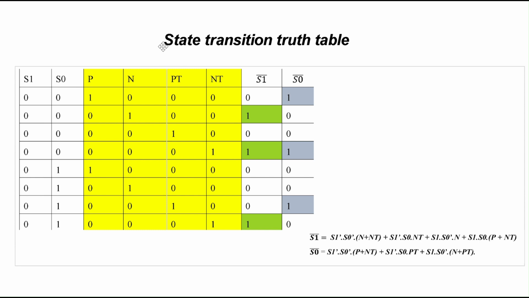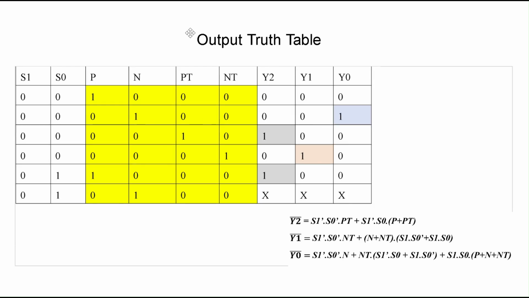So here is the state transition truth table of my machine. And here are the first few rows of the truth table. The total rows of my truth table is 16, and here is the expression that I acquired and simplified as much as possible to make it easy to implement in the circuit. And here is the output truth table, and here is the expression I acquired from the output truth table based on the current state and the input here.